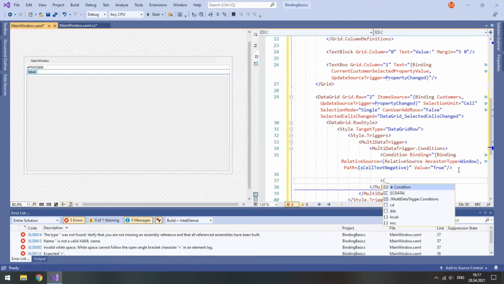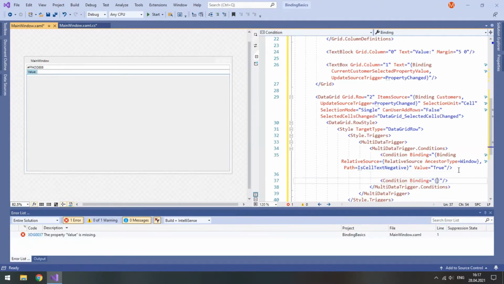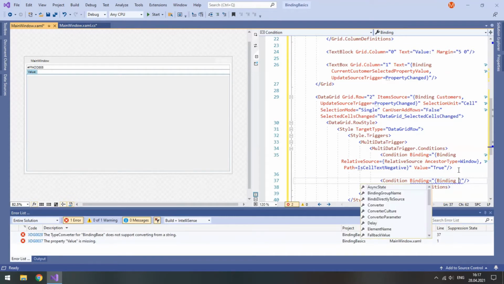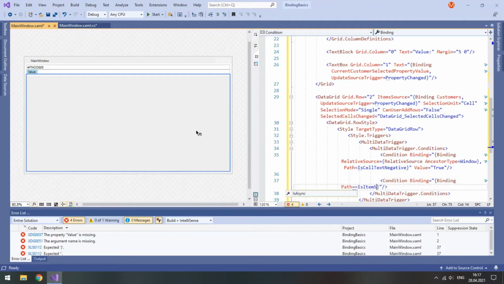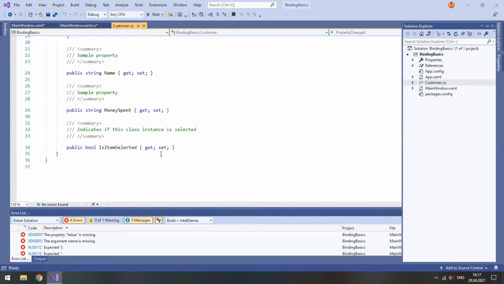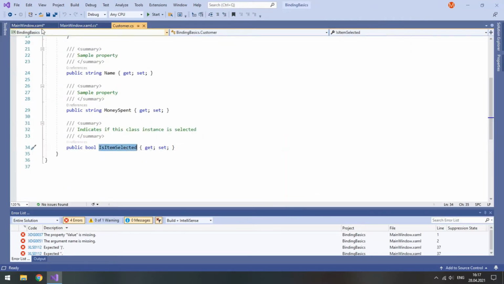And the second condition, again, type binding, open curly braces, type binding again, and we will bind to the customer class instance associated with the current row. So binding path equals is item selected, which is the property that we already created here, is item selected.